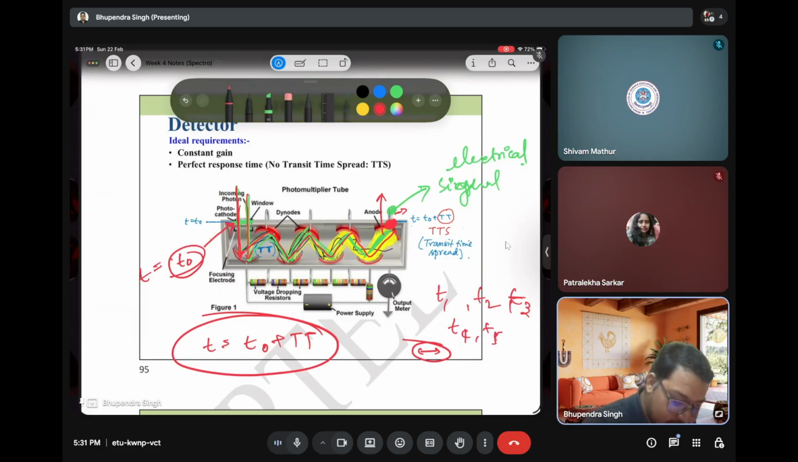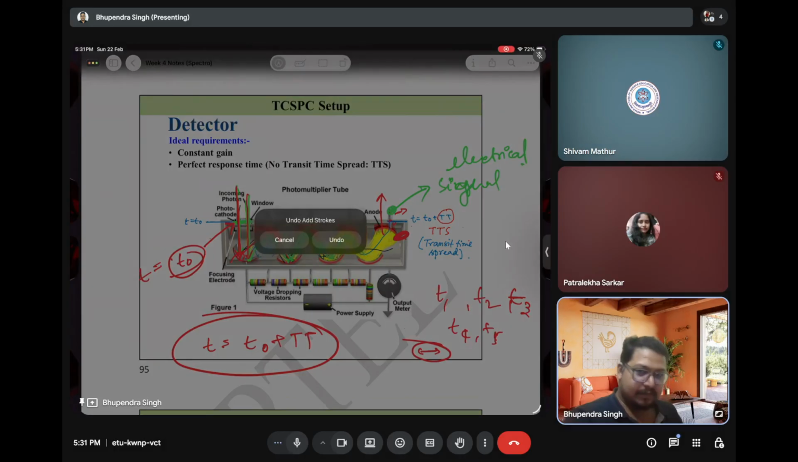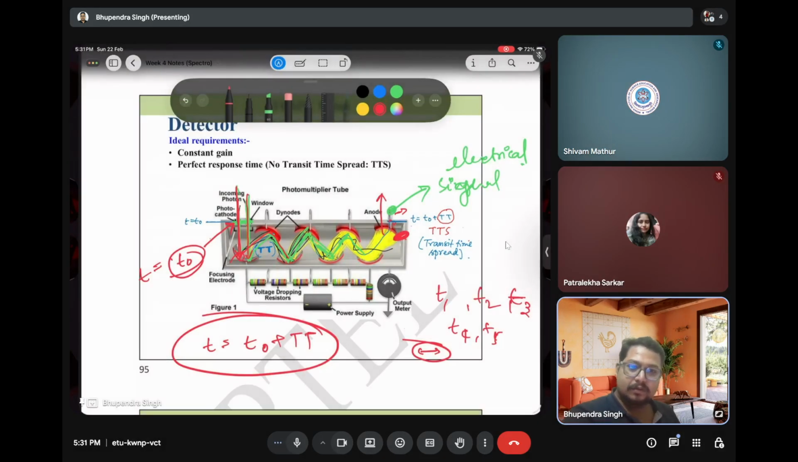What do you mean by the constant gain? As I mentioned, for the green, the number of photons generated here is converted to the electrical signal at this point, and it should be similar to your red one, but it is not the case. So the gain, even when photons of the same wavelength are coming,